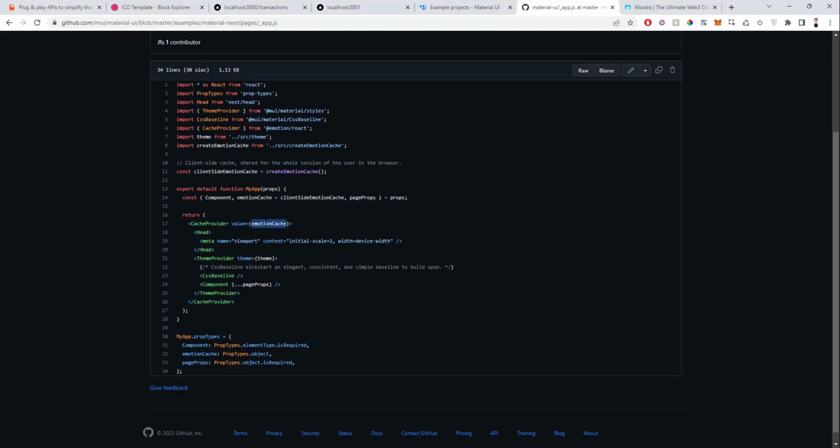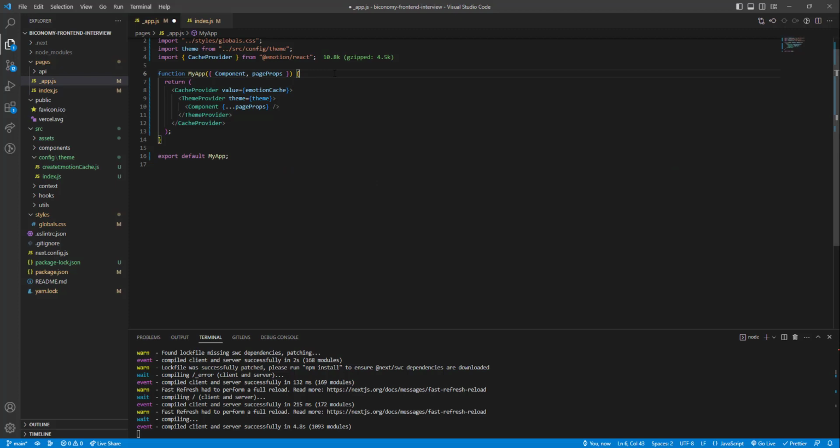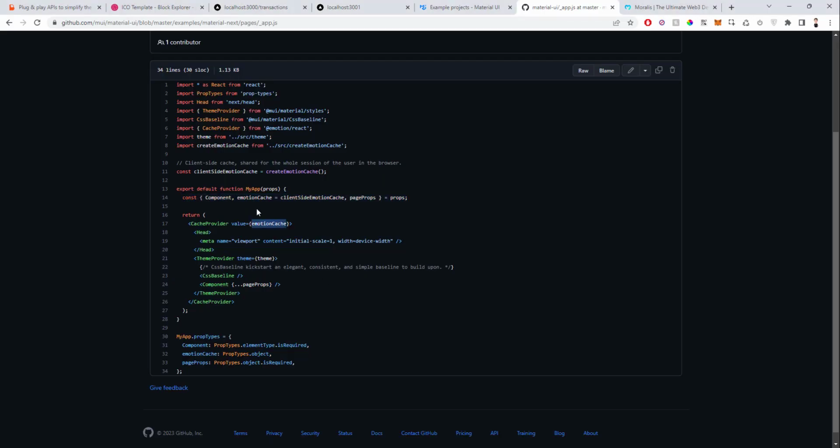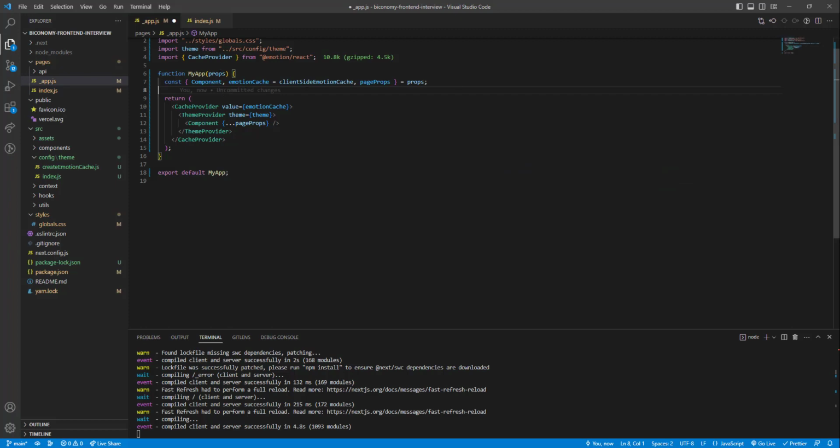Cache provider, and then the value is, what's the value? Okay, let's bring it in from the props as well. I'll change that to props, right? And then let's do that as well. I guess you can just copy the entire app.js, but